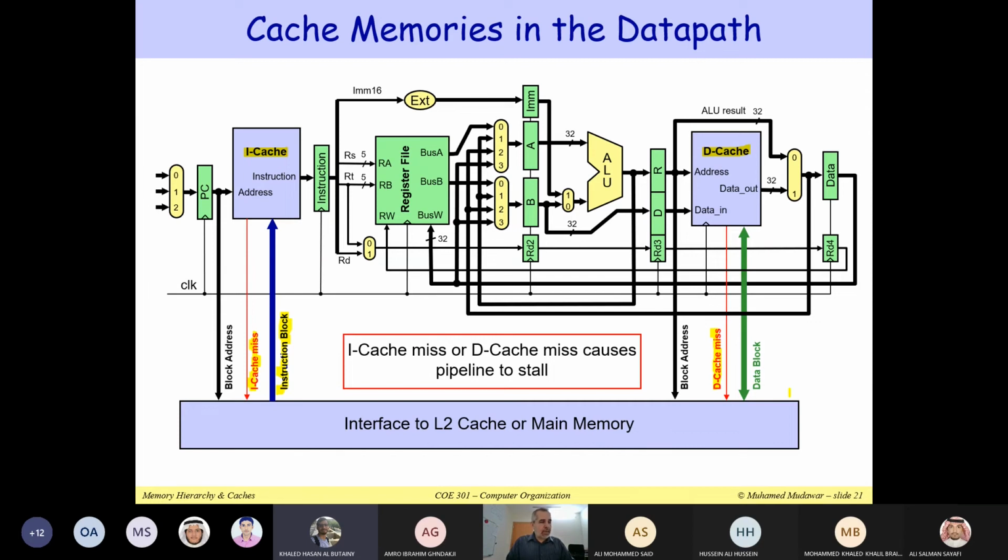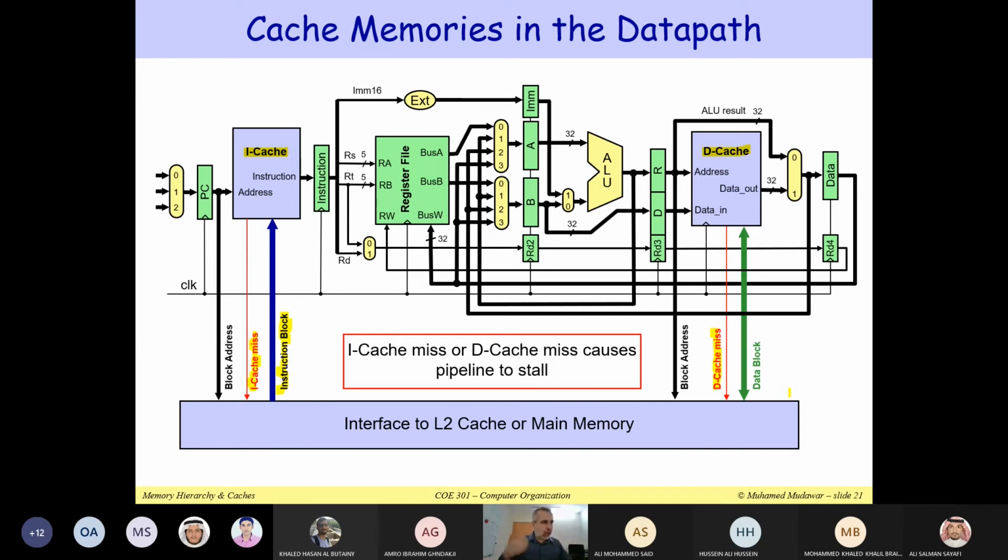Okay, let us say that if the block is found inside the cache, then the access will be very fast because the CPU can fetch instructions from the instruction cache, or it can do loads and stores in the data cache very fast without the need to access the main memory. You agree with this, Khalid? Yes. However, if there is a cache miss,